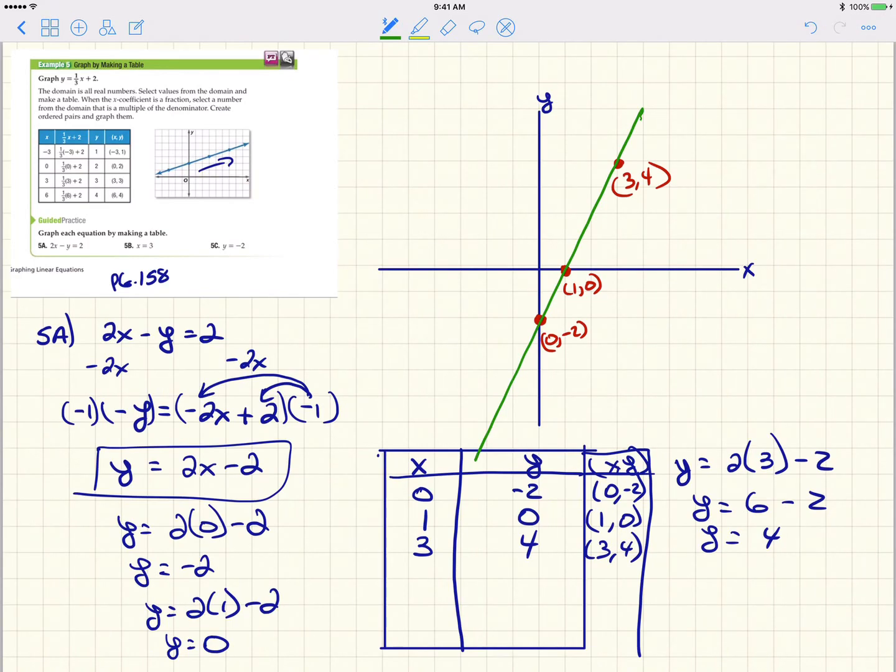You can do number 5b and number 5c on your own, and then